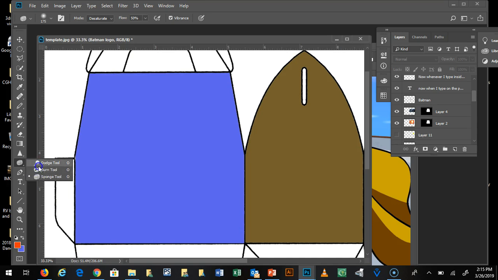Dodge and burn and sponge are all together. Dodge makes things lighter, burn makes things darker. Sponge tool affects the saturation, the color saturation. You can either make it more or less saturated in an area. Okay, that's the sponge. All right, the pen tool basically creates points,